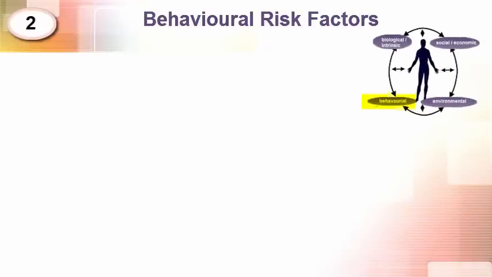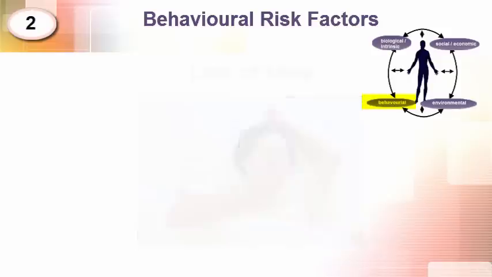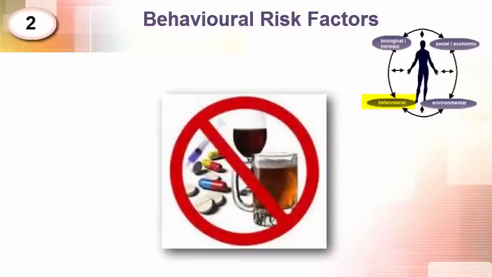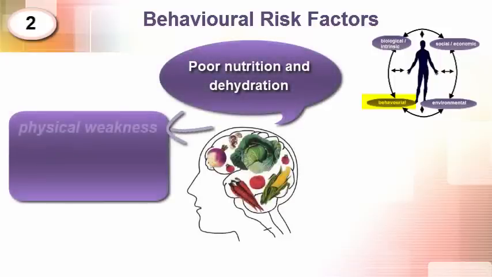At the same time, a chronic lack of sleep can cause an individual to be less alert and aware of their surroundings. Too much alcohol and the effect of alcohol when taking medication can affect a person's balance and their decisions related to safety. Poor nutrition and hydration could lead to physical weakness, fatigue, and frailty.